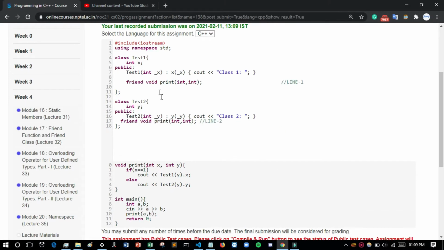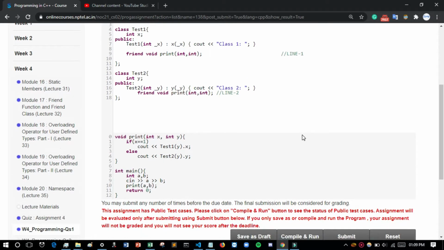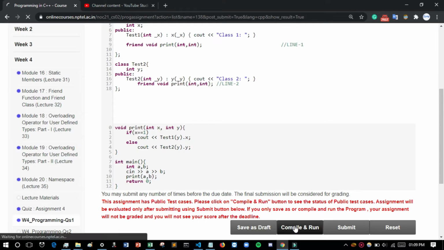Just write friend void print int and int. These are 2 parameters because we have passed 2 parameters, of type int, and you have to use friend. You know how to use friend, and in the same way just use it here also. Now I will try to compile and run. After compile and run, you will see